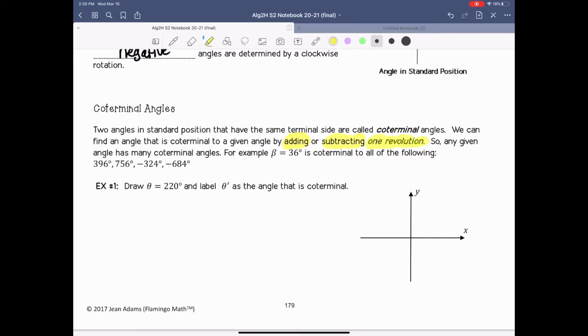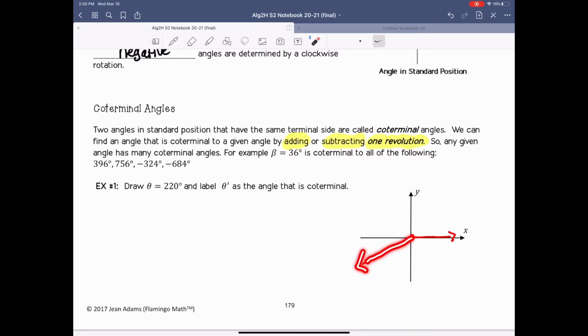And let me kind of explain to you what this looks like visually. So let's say I have some angle in standard position. We know that the initial side has to be the positive x-axis. And let's say the terminal side is somewhere right here in the third quadrant. Well, if I take a look at my terminal side,